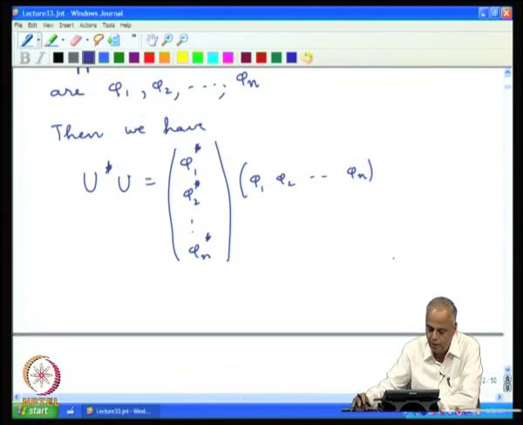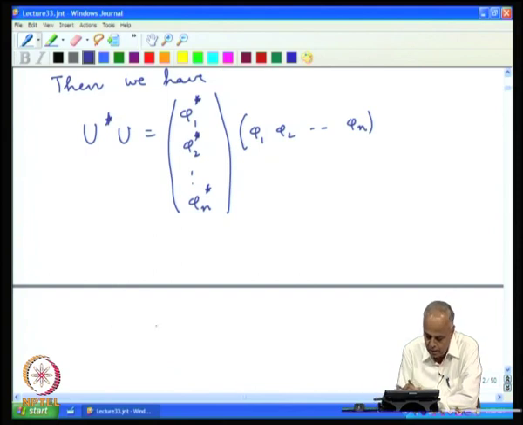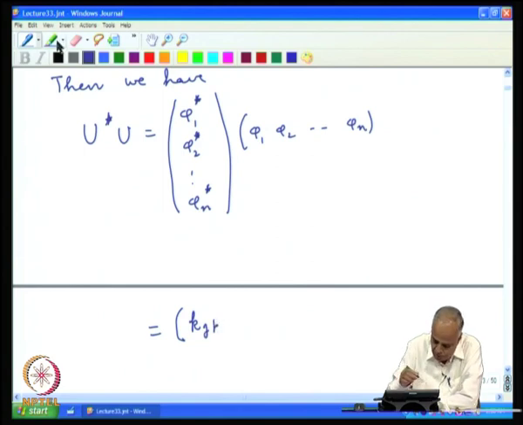When we multiply these two, we get a matrix, let us say K J R,